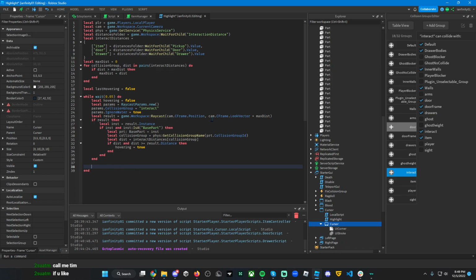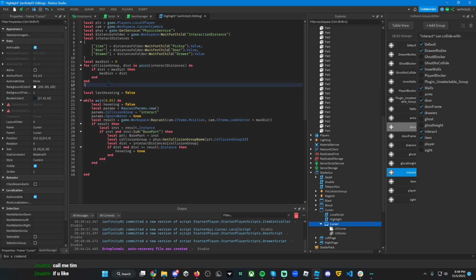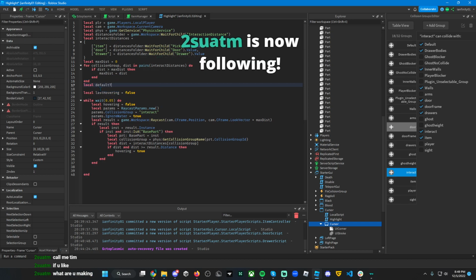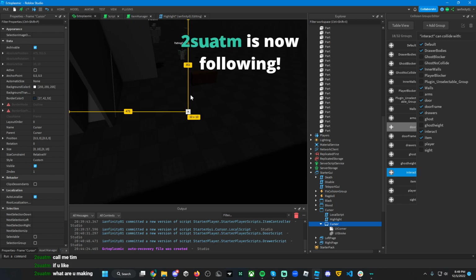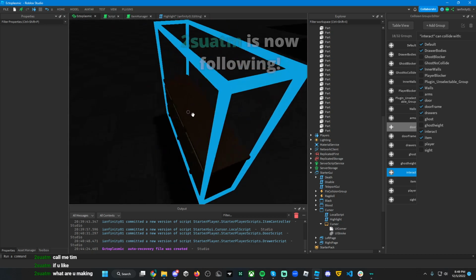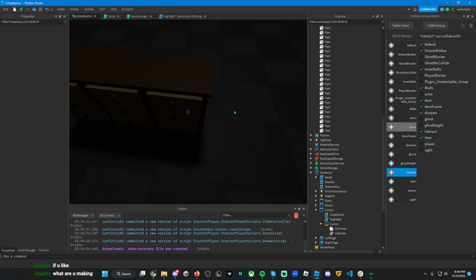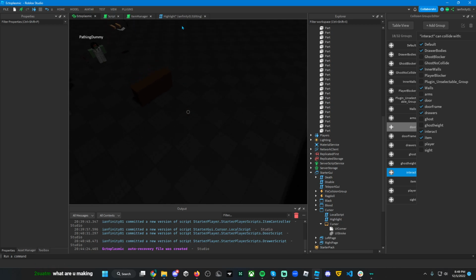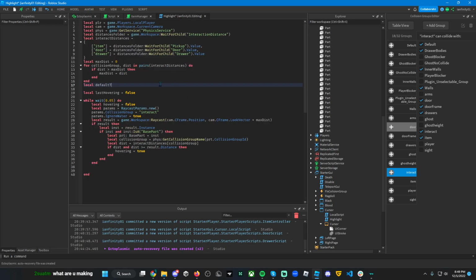So I'm going to have a value for the default thickness. Thank you for the follow. I am making a horror game. I'm currently working on something for the cursor, where if you are looking at something you can interact with, the cursor will get a bit thicker. Just to give you some sort of response that, hey, you can do something with this. I just think it would be a nice feature, so default thickness equals